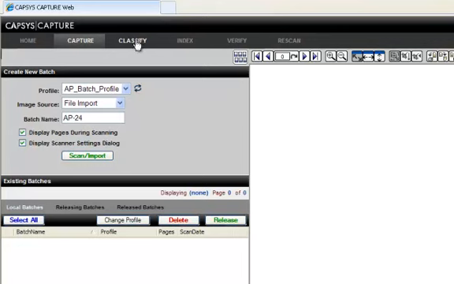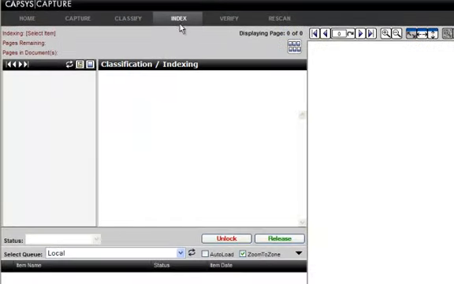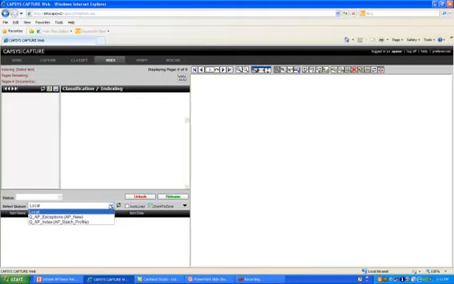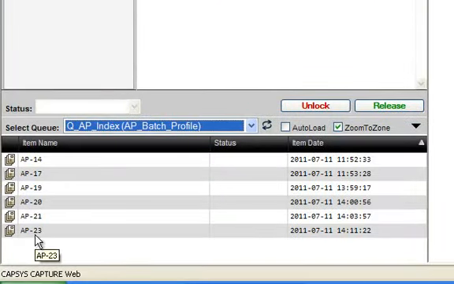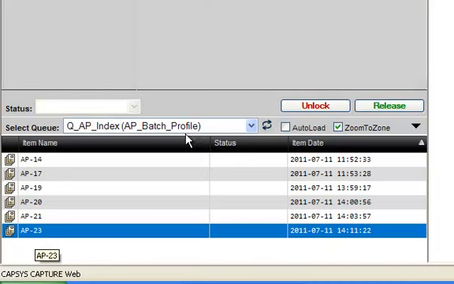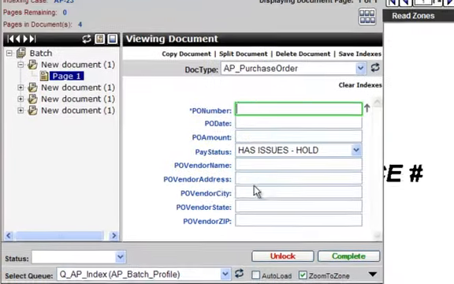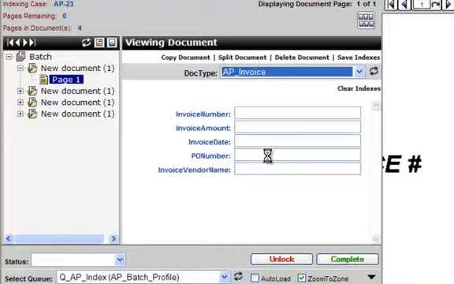Now, what we're going to do is classify and index. We're going to combine these two operations, but they could be taken one step at a time, just depending on the dynamics of the batches you're bringing in. So you'll see what we're doing here. We're going into my AP batch profile. We'll be selecting those documents that we just brought into our system and getting ready for the